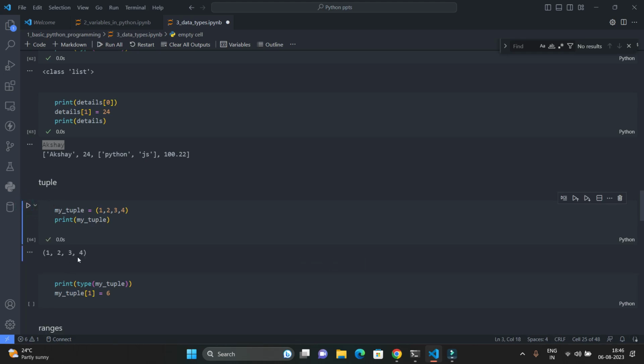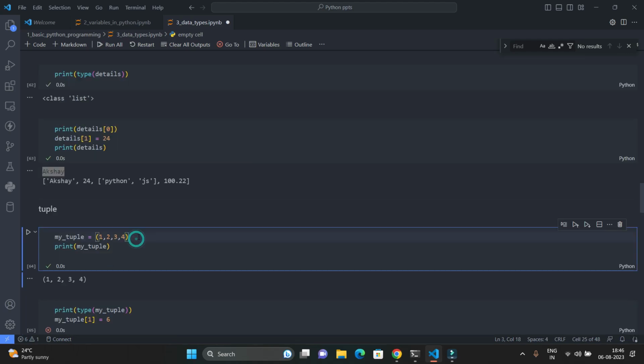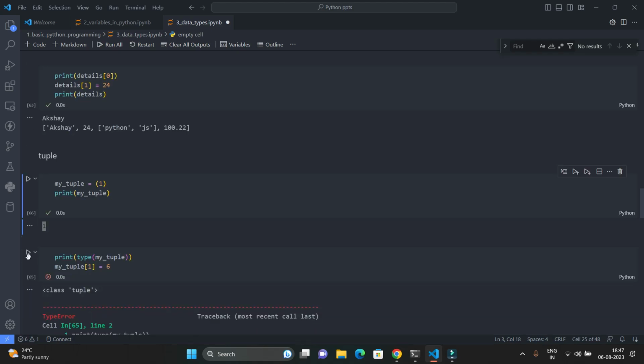So you can see this is the tuple, right? And let's try to print its type as well. So you can see the class is tuple. Okay, one more interesting thing, if you want to just put one item in the tuple, then you can't do it in the same way. If you do it in the same way and try to run, it just printed this one, right? And if I try to print its type, you can see